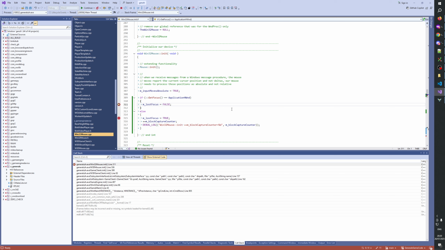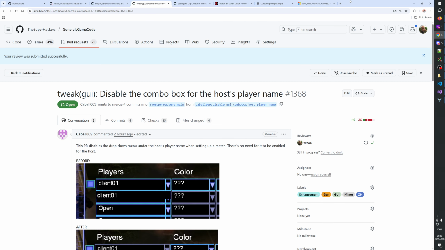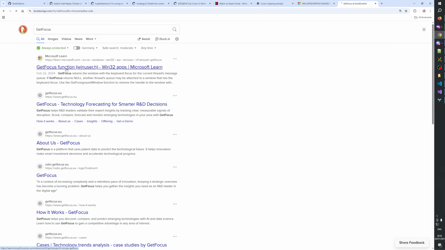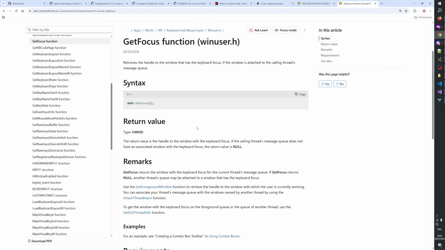How is this possible? Let's see the documentation of this function. Get focus. Return value: the return value is a handle to the window with the keyboard focus. GetFocus returns the window with the keyboard focus for the current thread's message queue.